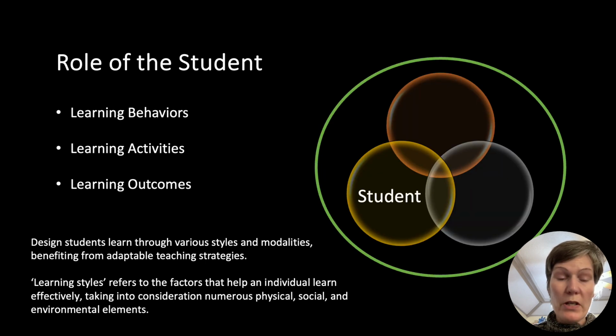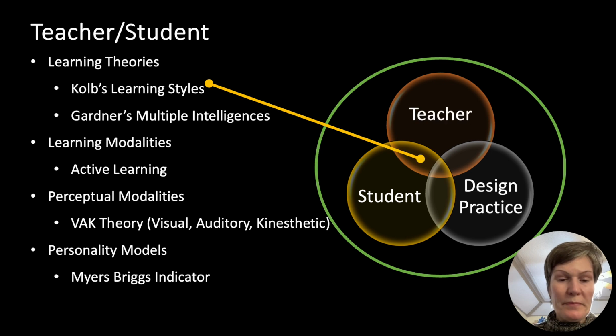For the role of the student, we have different kinds of learning behaviors, learning activities, and learning outcomes. Design students learn through a variety of different kinds of learning styles and modalities, benefiting most from adaptive design teaching strategies. The teacher and the student meet together in discussion of these kinds of roles, amplifying different theories such as Kolb's